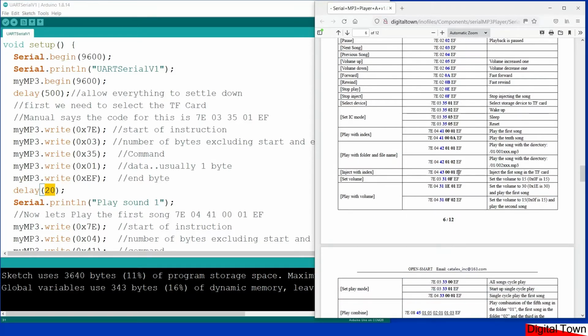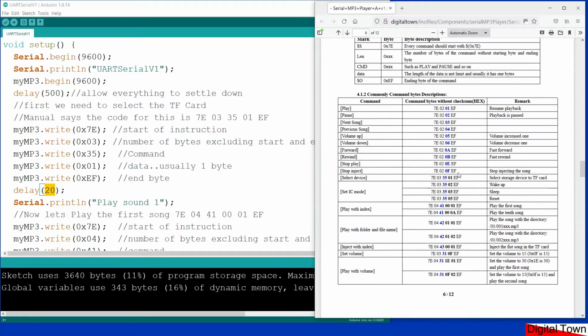Where are we? Where on earth am I on here? There we go. Select the storage device, and the code is 7E033501EF. Now if you're new at programming, those are in hexadecimal, and if you don't know quite what hexadecimal is,